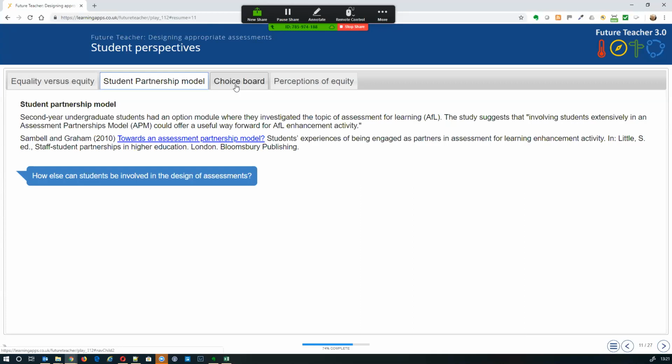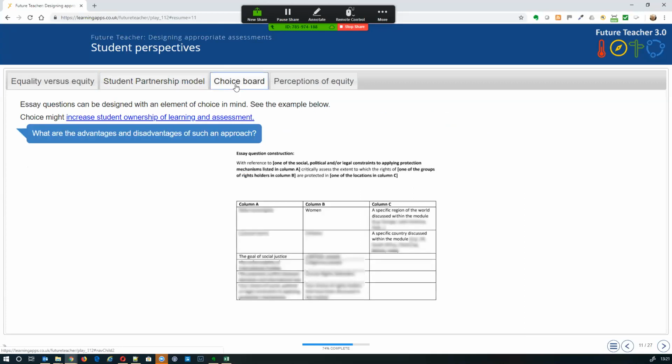Choice board, and I'm not sure if Mandy King has joined us. I haven't seen her name on the list, but she added something to the Padlet about her way of delivering a summative assessment where the students have a choice, I think, of a blog, a podcast, and so forth, and a choice of topics as well. That's really quite diverse and has its own challenges in terms of marking, etc. So, what are the advantages and disadvantages of diversifying? And you've got to do that